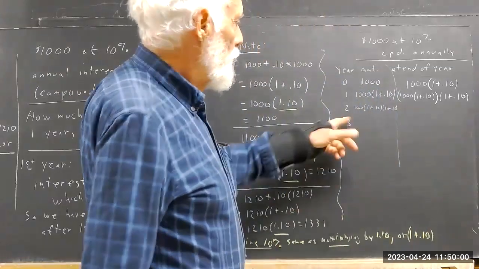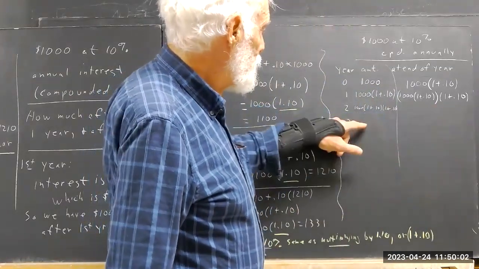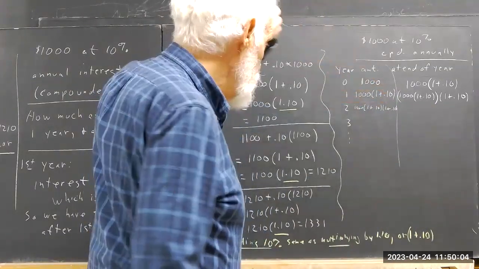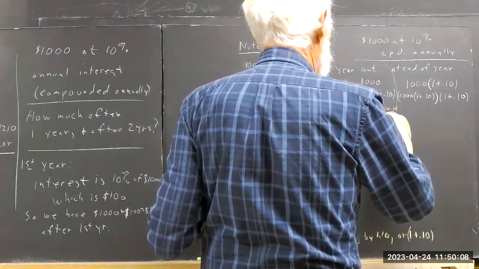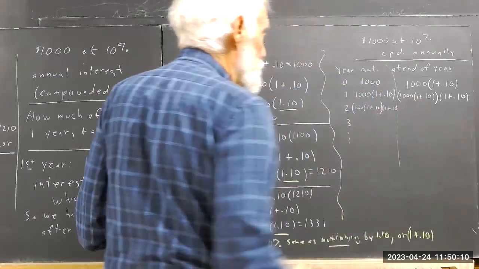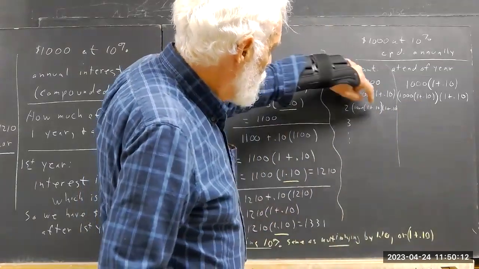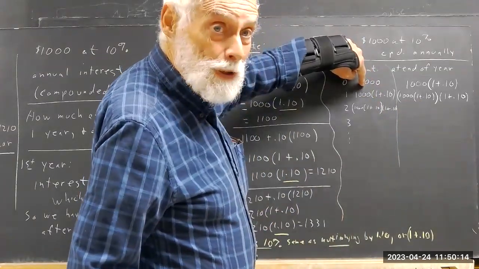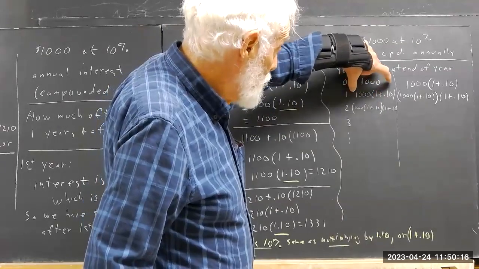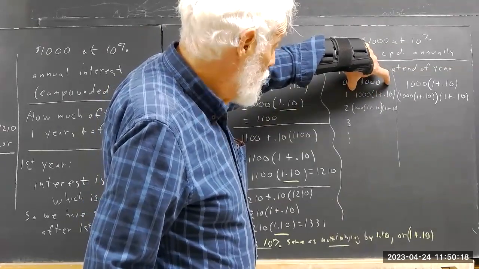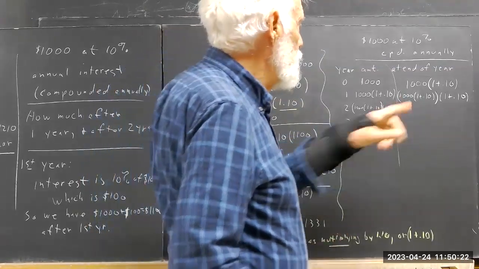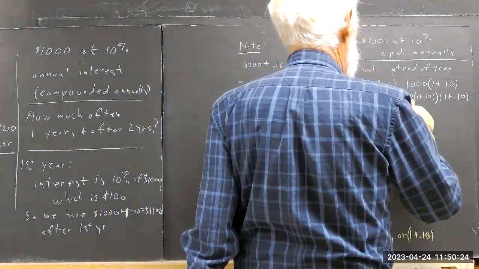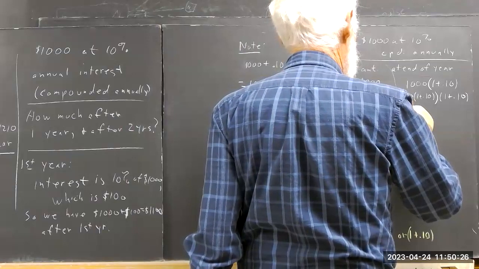I think you know what I've written here. I've just written this 1,000 times (1 + .10) times (1 + .10). I actually have some parentheses around this. And of course, this is the same as this was. The part in parentheses is just what we have at the beginning of the year, and then we multiply by 1 + .10. It's even more fun if we get the result at the end of this year, which would be